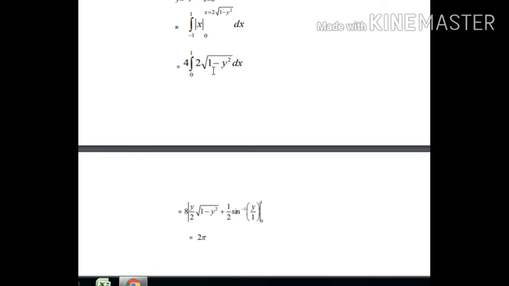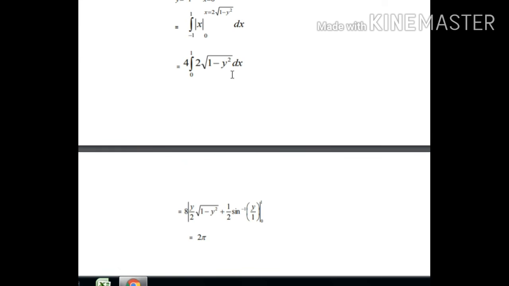And then next, again these are limits from negative to positive, and as the integrand function is even function, you can multiply this by twice and you can take limits from 0 to positive 2 under root 1 minus y square, and then integrate 1 with respect to x. So integration of 1 is x under limit 0 to 2 root 1 minus y square, and then integrate further after applying limits you get this.